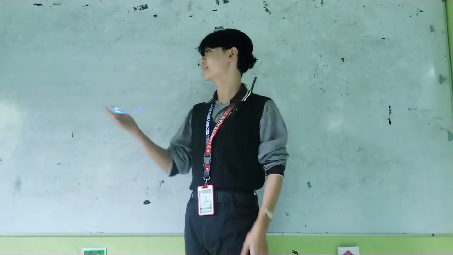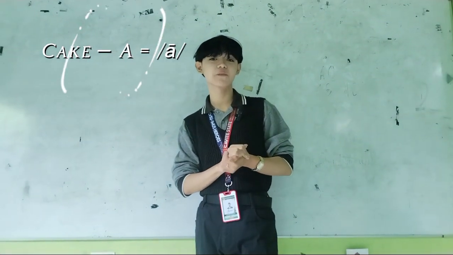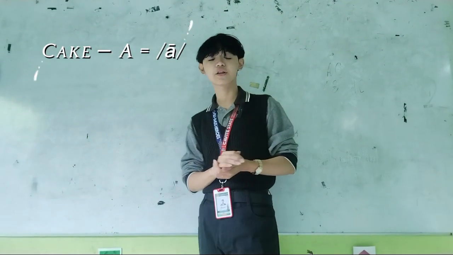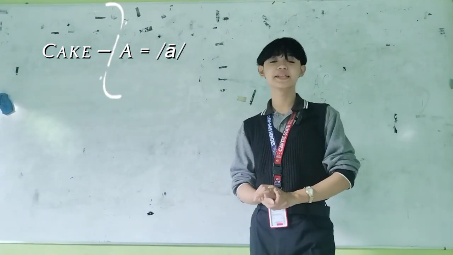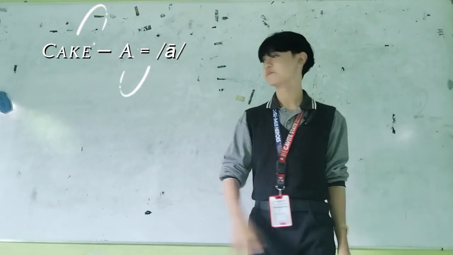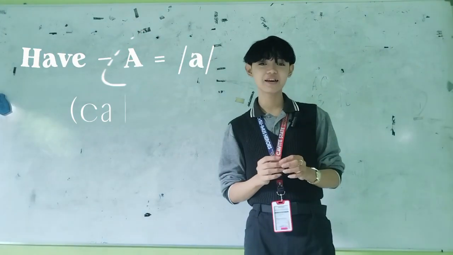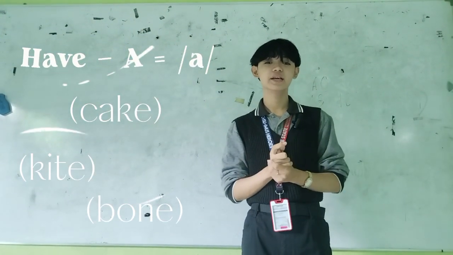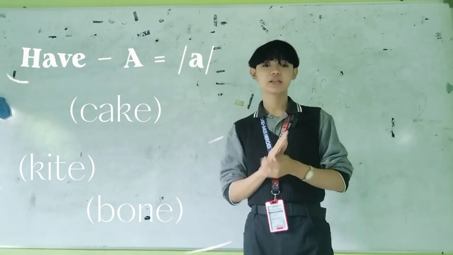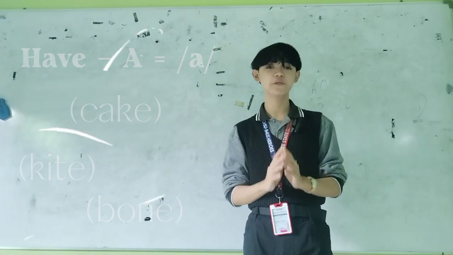From this example, we can see that the silent E and the rebel words, or words with exceptions from the rule, can be confusing for some students as illustrated in the earlier scenario. It is because the silent E at the end usually makes the vowel say its name, like in cake, kite, and bone. It is called a long vowel sound. For example, in bone, the O in the word says O.